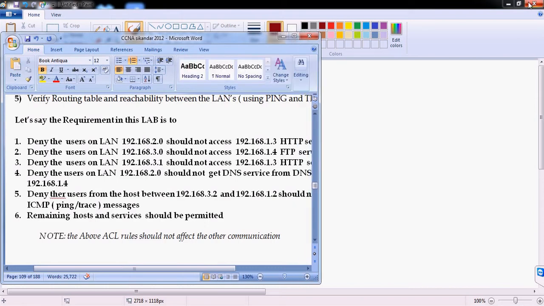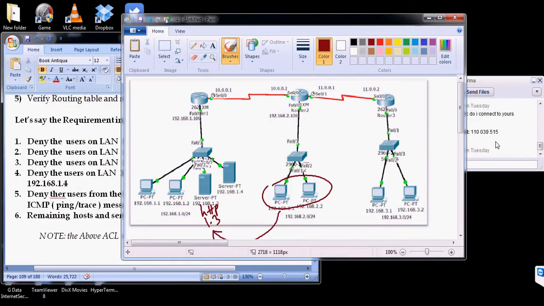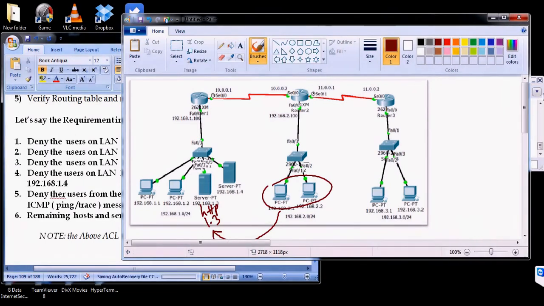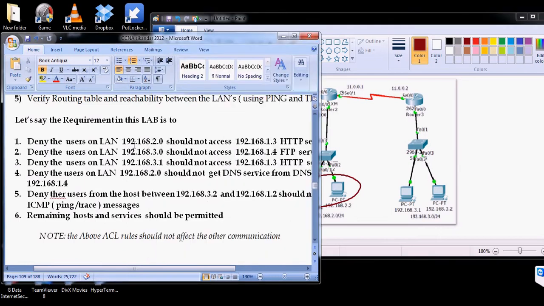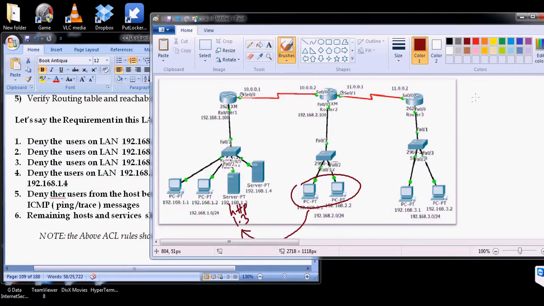So I'll write the different rules, whatever we just decided here. Let's assume that these are the rules. The first rule: 192.168.2.network should not access the 1.3 HTTP service. Okay, and the second rule here is